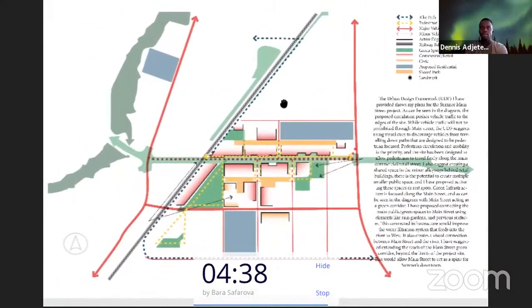The goal for my design framework and for my proposal is to show that Main Street could and should become a backbone and a spine for the rest of Sumner, and specifically downtown. So in the framework, you can see that vehicle traffic, which is shown in red, is pushed mainly to the peripheral and outer edges of the site. It is still permitted on Main Street, but